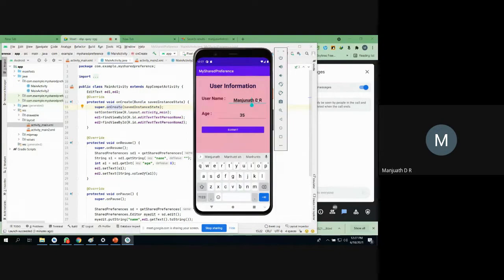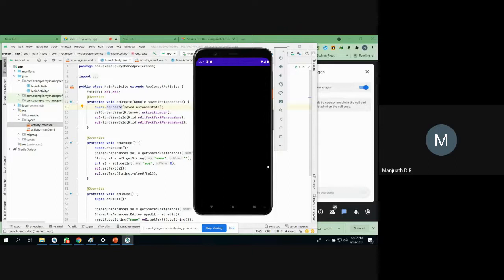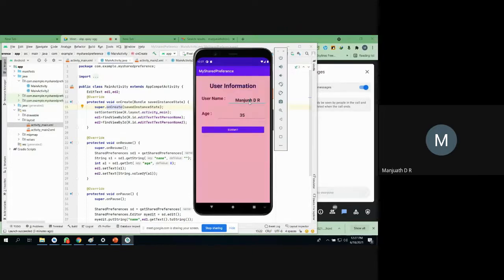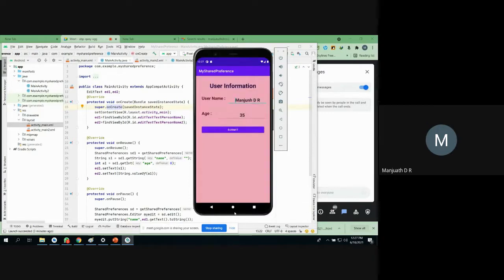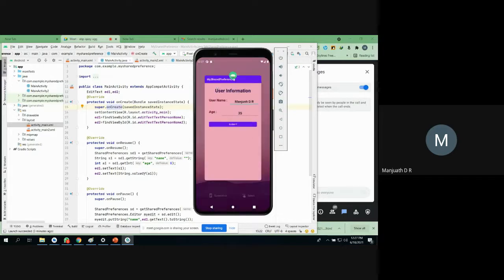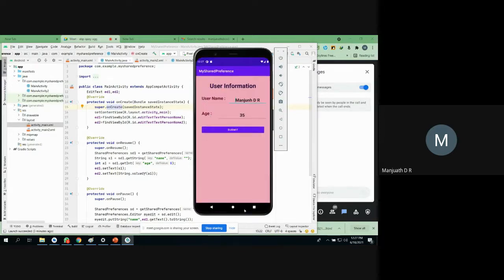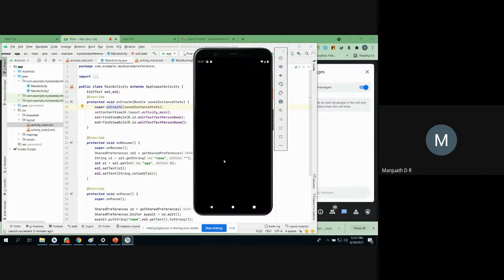If I do any modification, the same information appears. Okay. Let's submit it. It is all on pause. Come back. See, same information. If I destroy also, whatever modification I am doing, the same information is present. Just destroy the application.